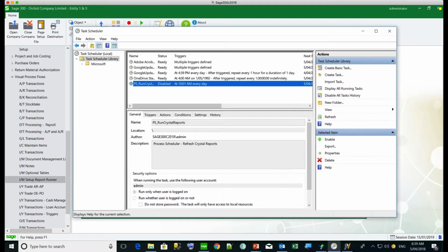Okay, so next, I'll just see, there's a question here. If I just want to schedule recurring reports, I can do that with Report Runner. Well, yes, with Report Runner,